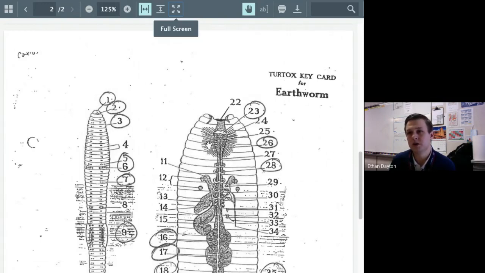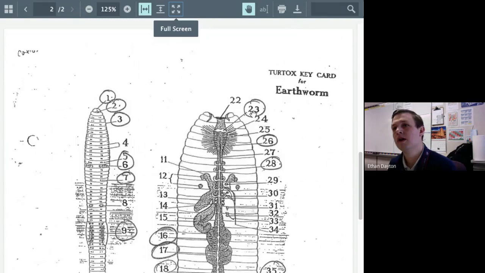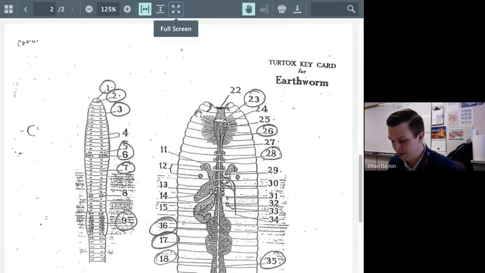All right. You don't need to know number 22 for the quiz, but what is number 22? We're at the anterior end. It's an opening where food goes through. What is that, Emily? The mouth. Yeah, very good. Thank you. All right. Goes into the mouth. I'm going to skip 23 for now.